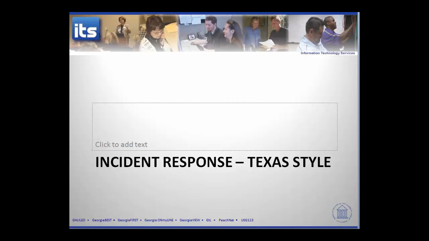So in this particular case, let's go back to the mid-1990s. You're working at Texas A&M University and you start receiving calls from around the nation that your computer labs are attacking their computers and attacking their campuses. This is a true story. And that was the first indication that Texas A&M had that a number of their computer labs had been compromised. And so they went in, they executed their incident response plan at the time,